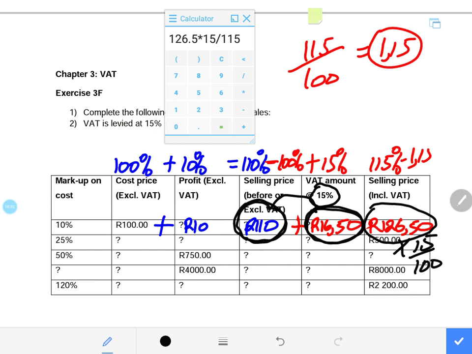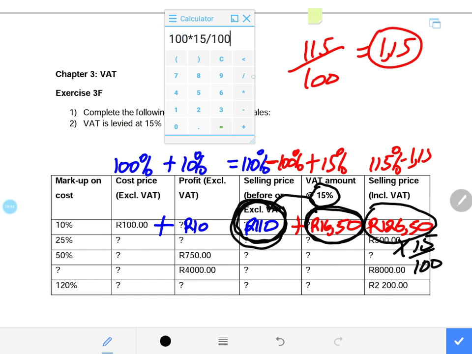115%. That gave us 16.50. And once again, remember I said before you add a percentage, the amount you have is 100%. In other words, this 110 is 100%. So now we say, when we're calculating VAT, we say 100 times by 15 over 100. We divide by 100. Why? Because this amount is out of 100%. So now we say 110. Hence we say 110 times by